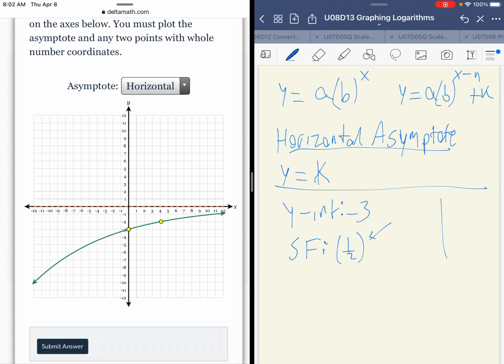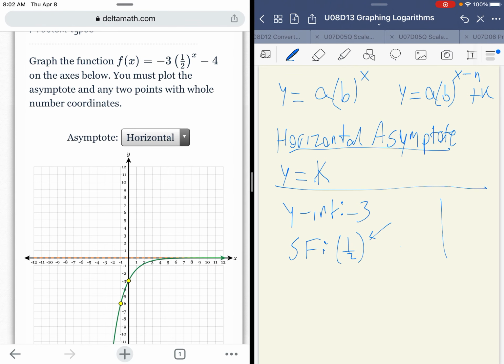And then because the scale factor is 1/2, that means our second point would be at -1.5. Now, because of the way this program works, it's not really possible to plot that point, so I'm going to plot the opposite point on the other side at -6, meaning that I am dividing by 2 as I go to the right. So going from -6 to -3 is dividing by 2. All right, now, that is this function ignoring